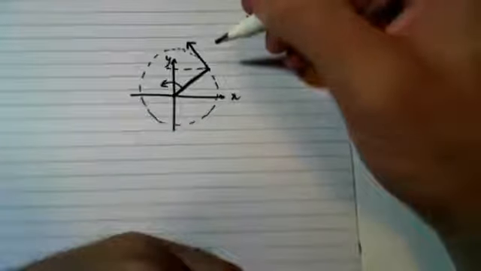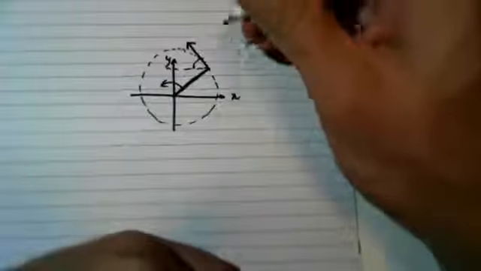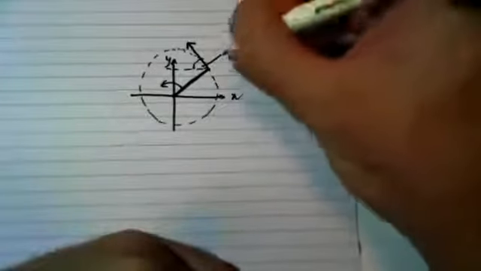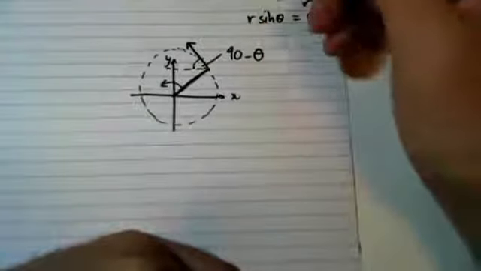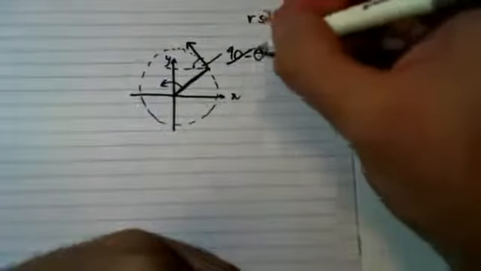If we look at alternate angles, we can see that this angle in here is 90 minus theta, but if we're looking at a tangent, we can define this angle to be theta, and if we define that angle to be theta, then this angle in here is also theta. So we'll just define it as being theta. Alright, so if we do the same thing, looking at our components like so,